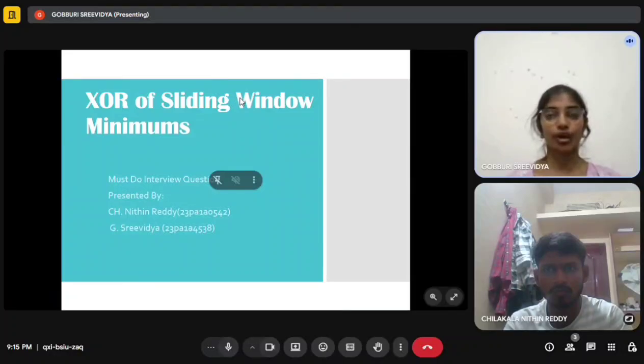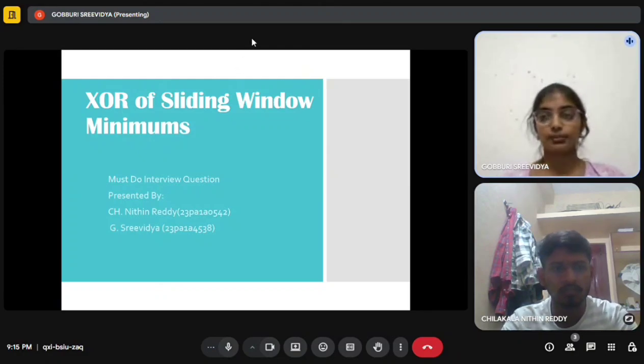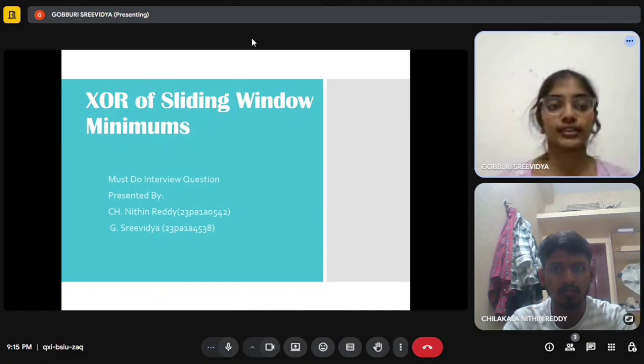by step, starting from brute force and finally reaching an optimal solution. This problem is very useful for understanding sliding window techniques, minimum queries, and time complexity optimization, which are commonly asked in technical interviews and competitive programming. Now, if we go with the problem statement,